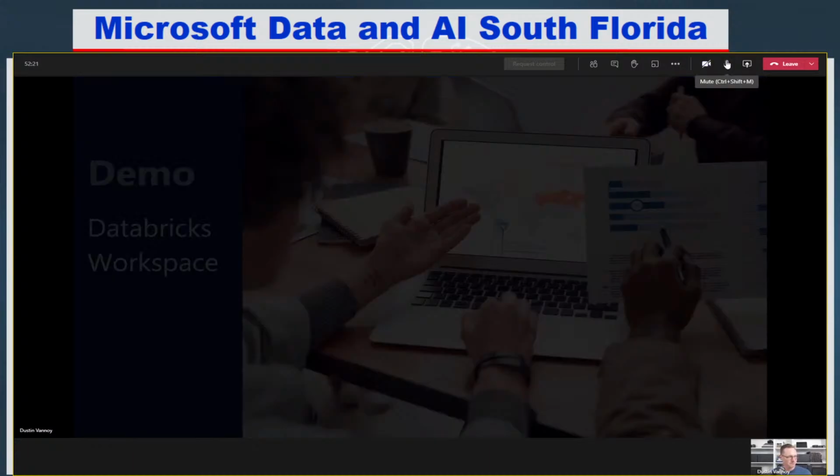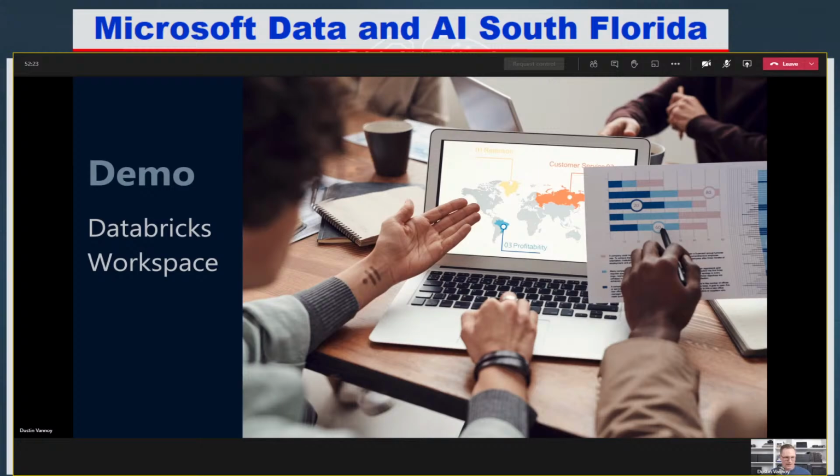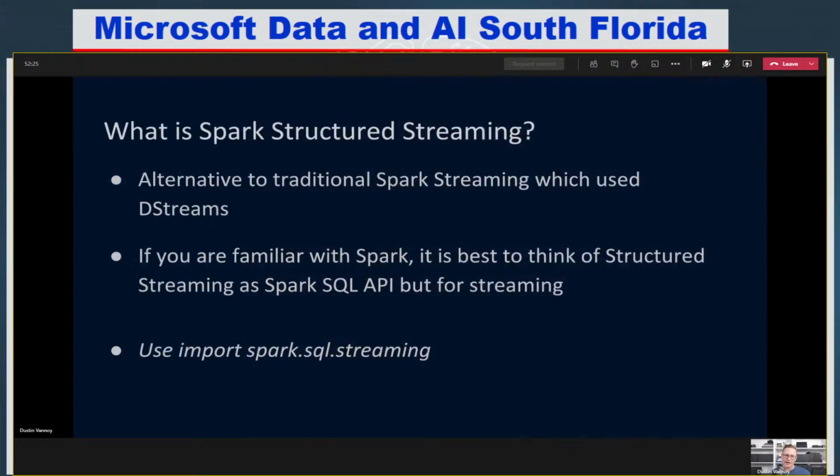So the next step is, I kind of talked a little bit about why Spark, showed you Databricks. Let's talk a little more about Spark structured streaming. And I'll show you a little bit of code samples here too before we do the more reference architecture view of the world. So if you're used to Spark but not Spark structured streaming, this might be useful for you to know,